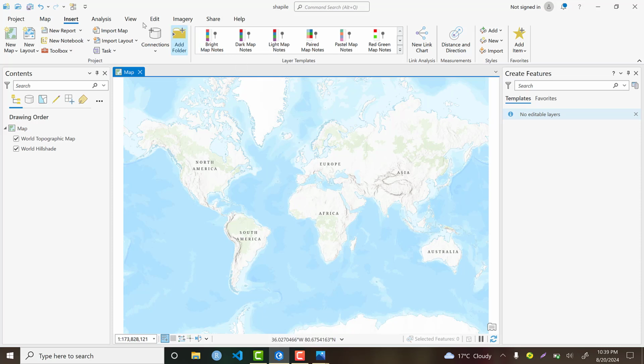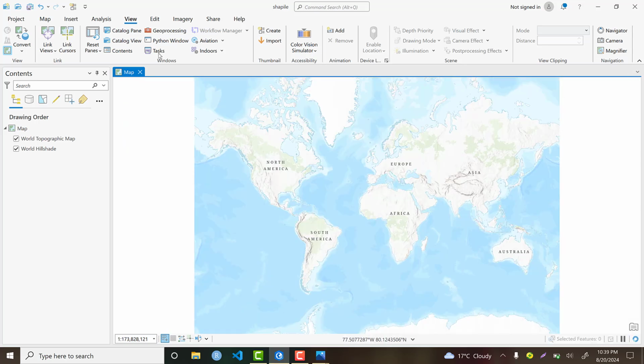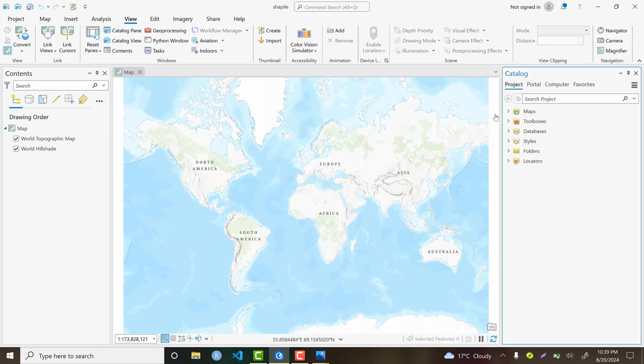To perform that, go to View. From View, we do have a catalog pane. The catalog pane helps to properly manage our data set. So click here, catalog pane. Automatically the catalog appears. And within Folders, we need to connect our working directory or folder and make a right click here